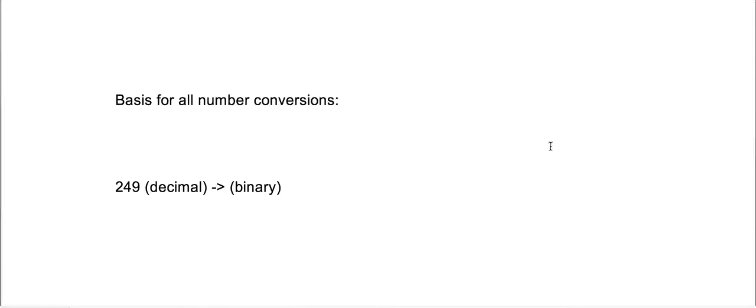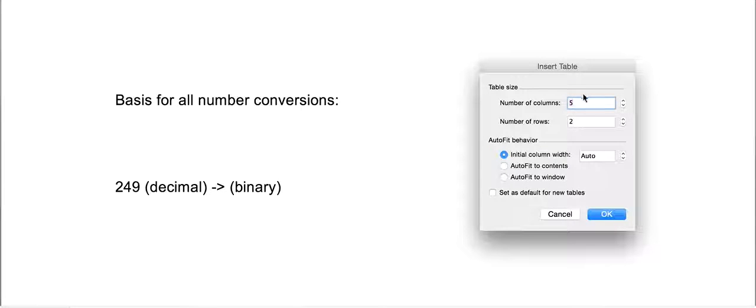Now, the basis for our number conversions: in binary we need to understand that the far right hand column of any binary number has the smallest value. And as we move a position to the left, that value increases. So if I just insert a table here,